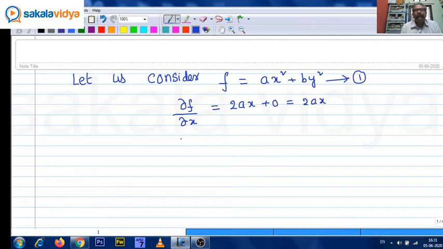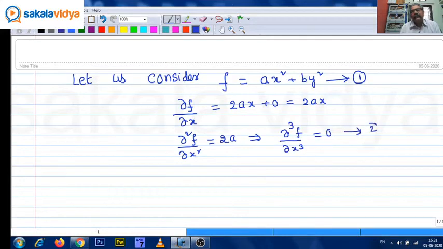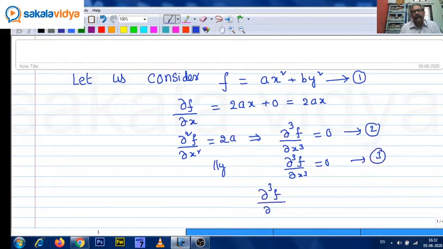Find the second derivative, del 2f by del x square. Here 2a. Again you differentiate: del 3f by del x cube is equal to 0. Say equation 2. Similarly, if you differentiate with respect to y also, del 3f by del y cube is also 0. Adding 2 and 3, you get del 3f by del x cube